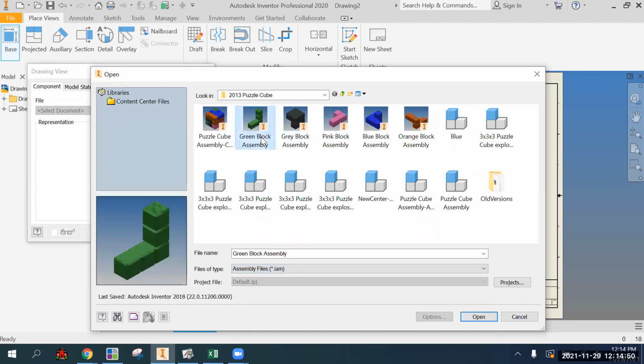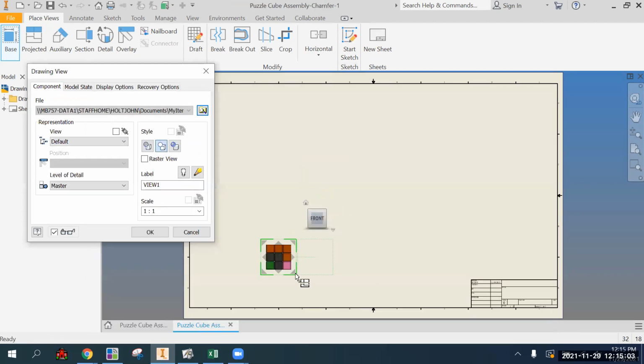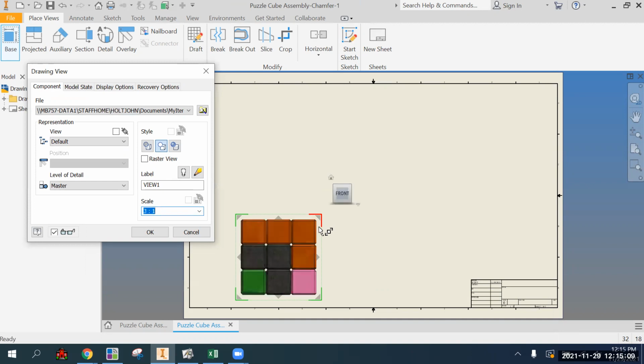And now, if each of your parts was its own assembly, then it would show up, and it's not a huge help, but it is somewhat of a help. And so I'm going to choose my main assembly, and you'll get just a guess at what you want. Okay, we definitely want to change the size, but we also want to